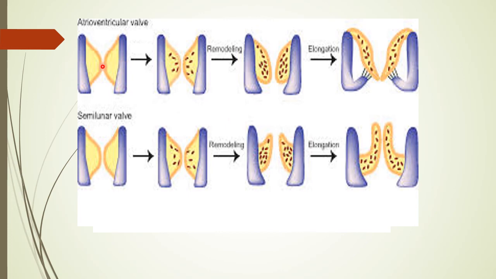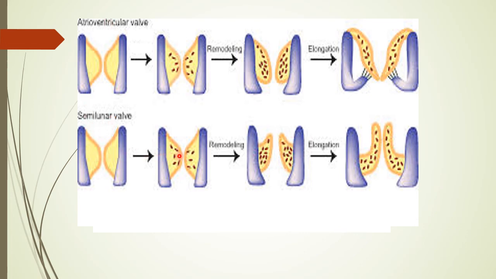Of course, in section we can see only two, but in the next diagram we may see that that is a cross section, but this is not a cross section, it is a longitudinal section showing the swellings at the origin of, let us say, the pulmonary trunk. So these are the atrioventricular valves and the semilunar valves. We are talking of semilunar valves.